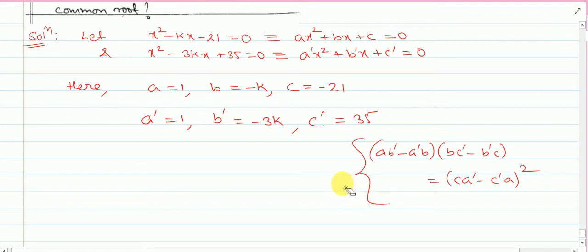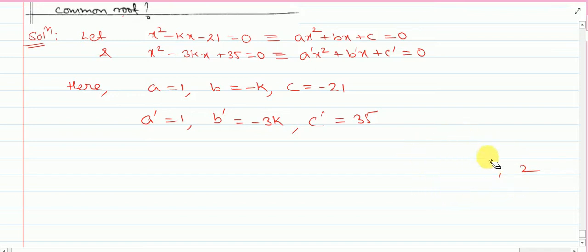So we will use this. We will substitute the values for a, b, c and a', b', c' in that condition, and using that we can easily find the value for k. So see over here,